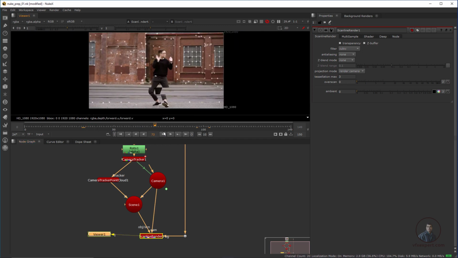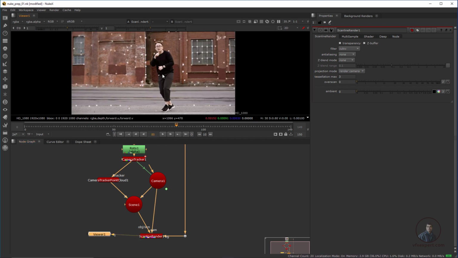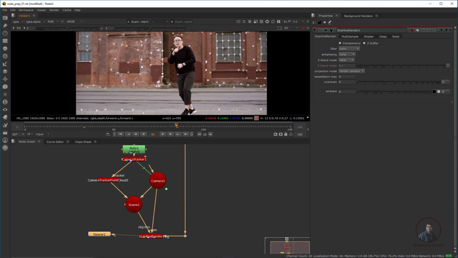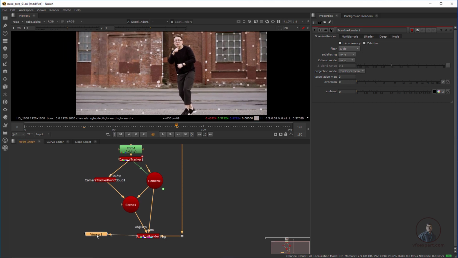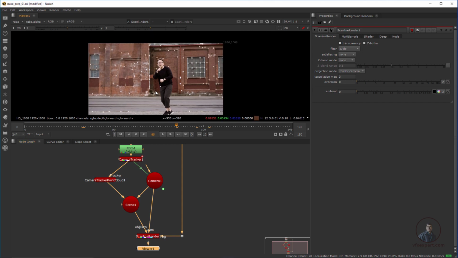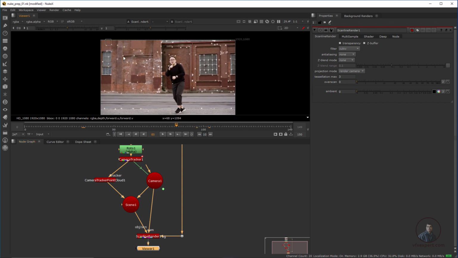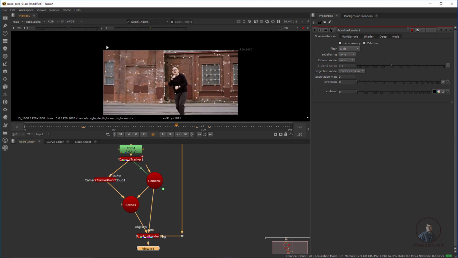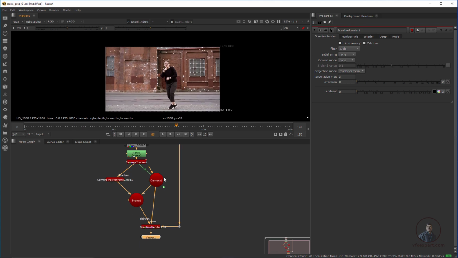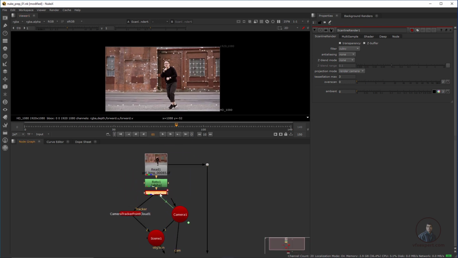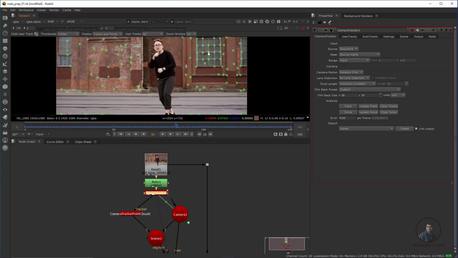So now you are inside our output view, or you can say our 2D view, and these points are the point cloud here. Now I am going to create a card, maybe one card here and one card here. For this, you can double click in our camera tracker, then select and press 1, then double click. If you want, you can select, right click and simply create a card.